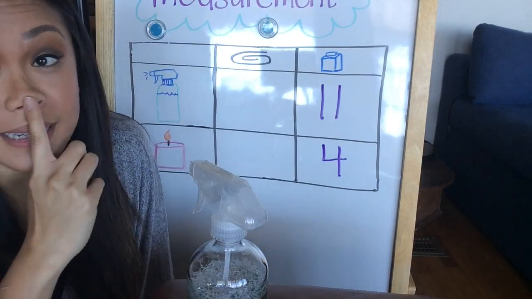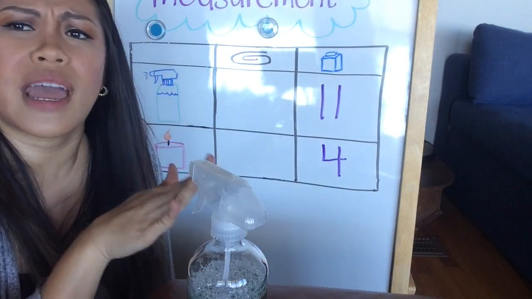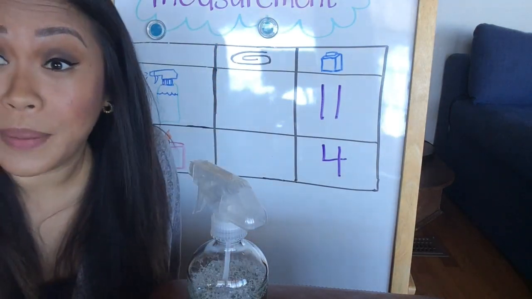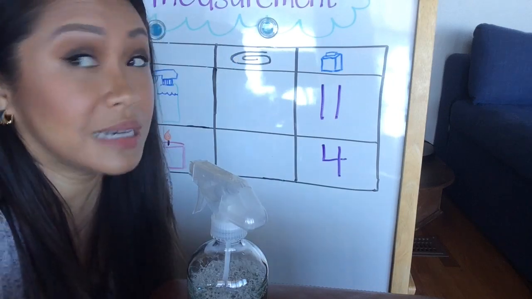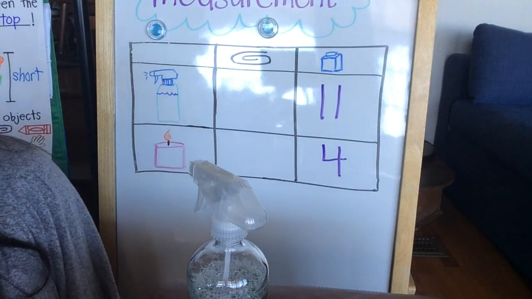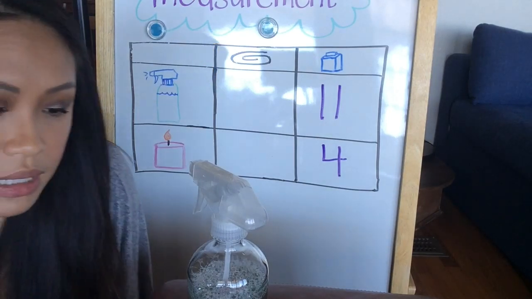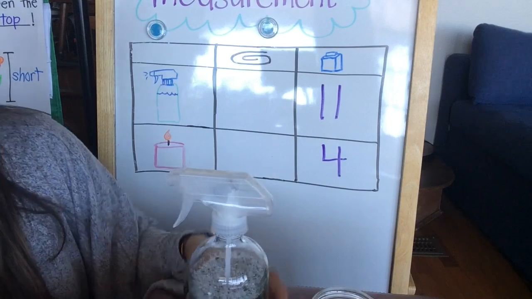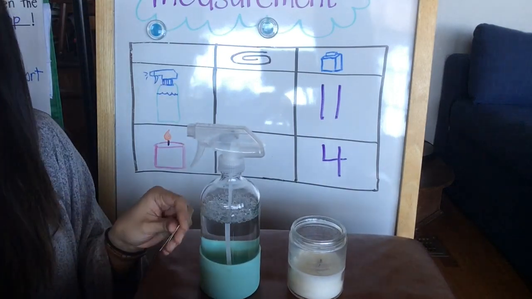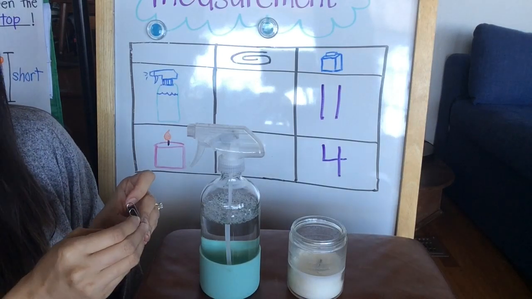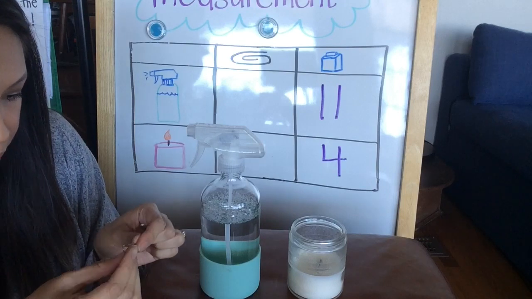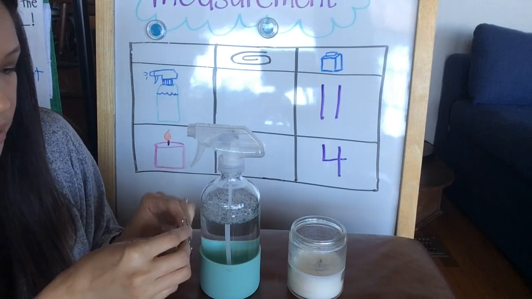So now I'm actually going to use a different tool to measure just to check, because good mathematicians always check their work. Okay, so I'm going to use paper clips because I'm going to need more than one paper clip. So let's use our paper clips to see how many we need to get the height of these objects. I like to connect my paper clips together so they don't fall apart and I could just hang it. So for this one, I start at the bottom